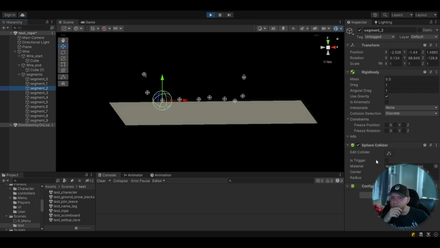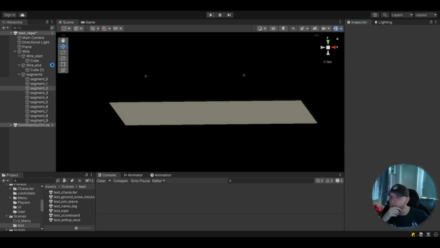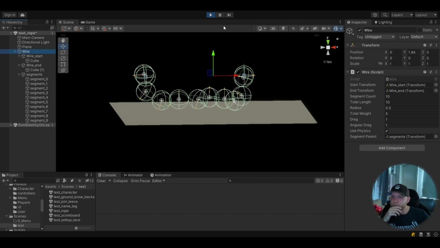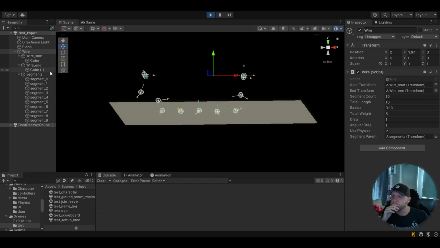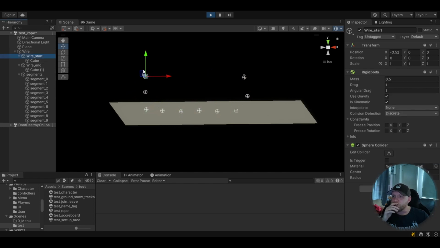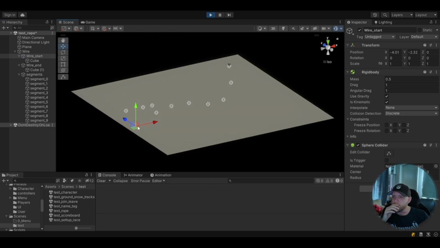So let's see what kind of radius would be suitable. So let's go for 0.13. Wire stop radius 0.13. Then we have a wire here that will, as you can see there, they are